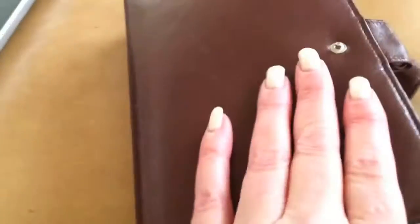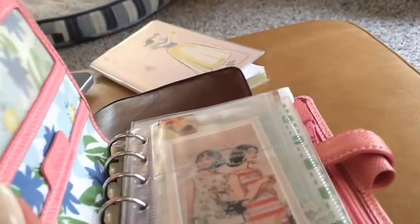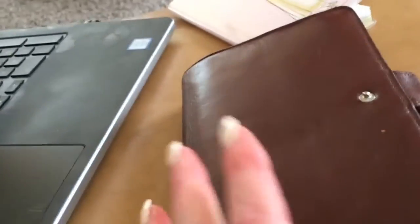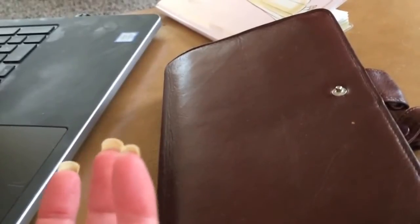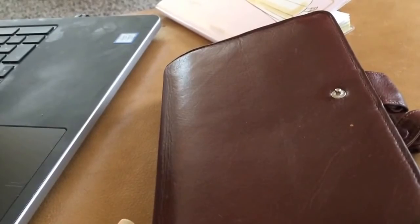So this is actually my wallet, and not because it's a perfect wallet. I don't really find planners a perfect wallet, although I really did like this as a wallet. My pink Pocket Rio. I thought this was an awesome wallet because it had the back pocket. The reason I have my wallet stuff in here, which is essentially a driver's license and a debit card, is